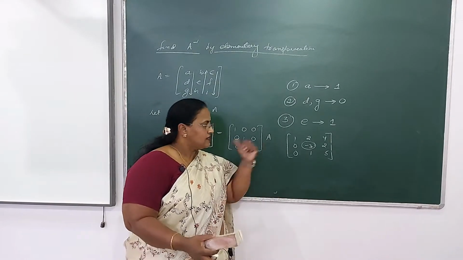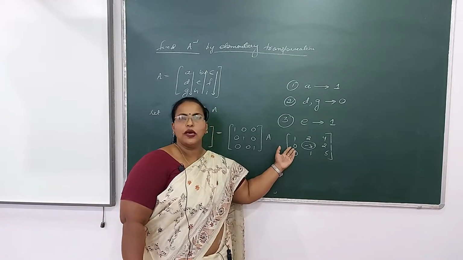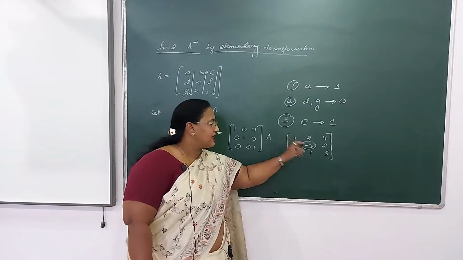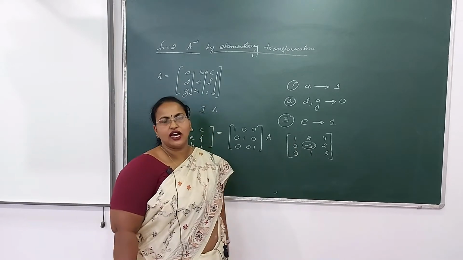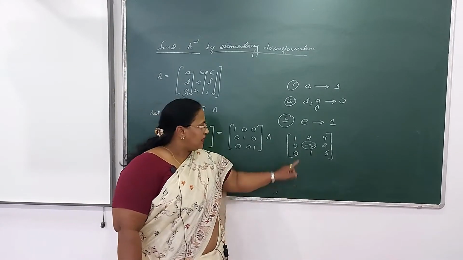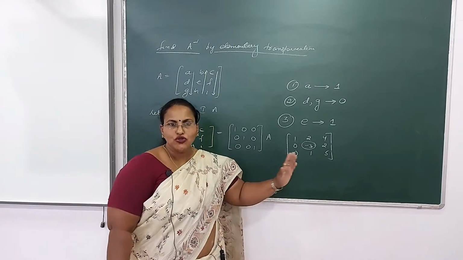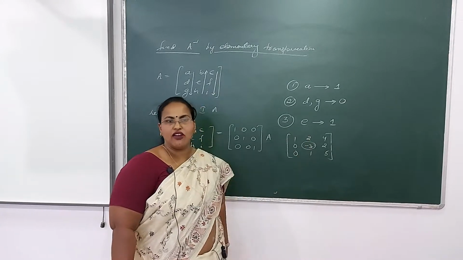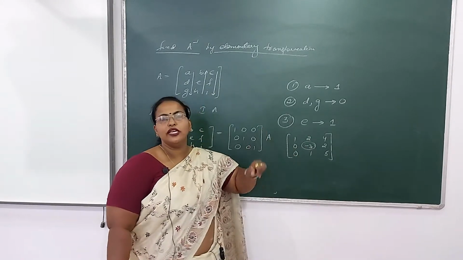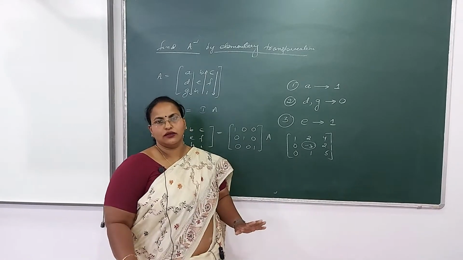Now what are all the operations you can perform here? See this, it's very easy. Either you divide R2 by minus 3, so that way you can get 1 here, or you can go for interchanging with R3. In this particular step, the third step, you cannot use R1. Why so? Because if you use R1, then this 0 will be replaced by some number, and that we don't want.